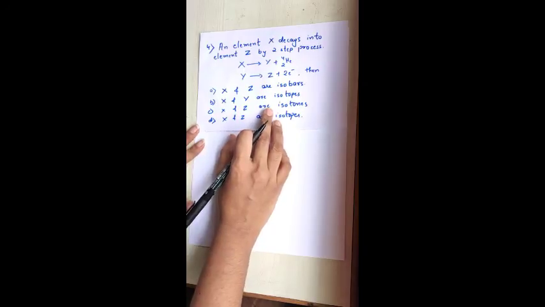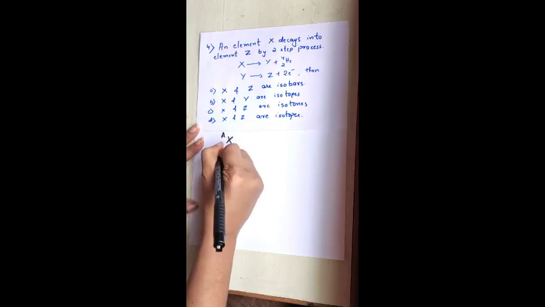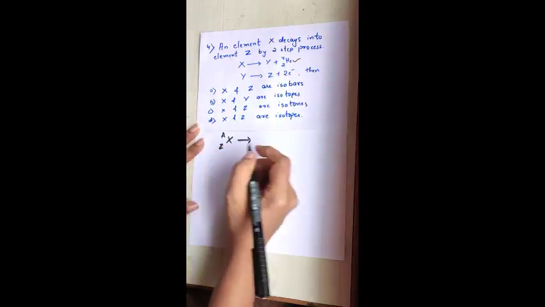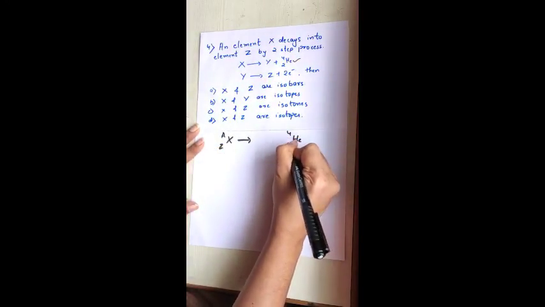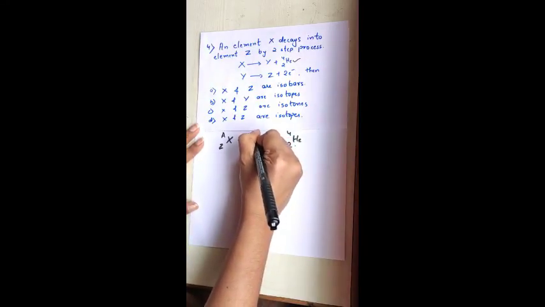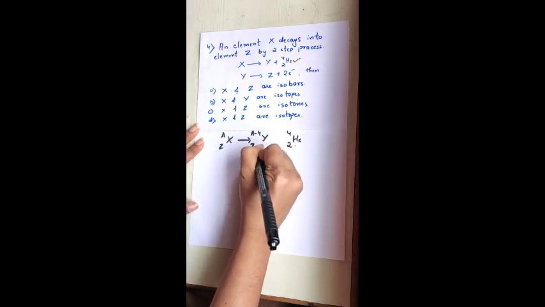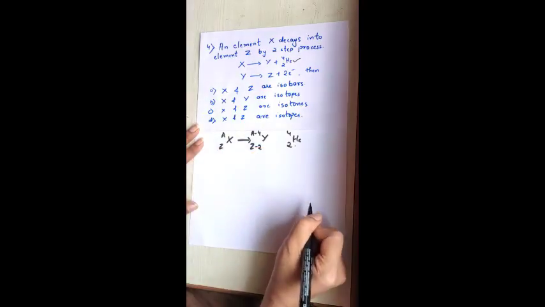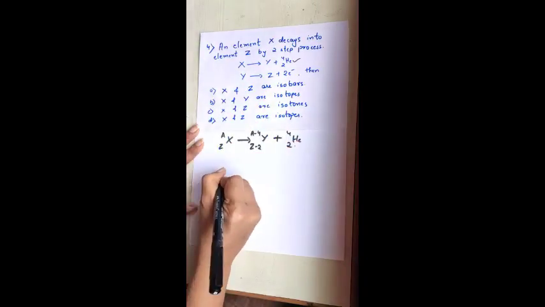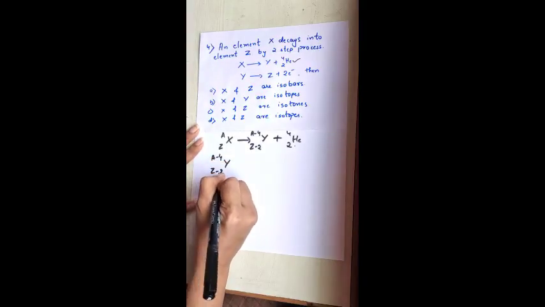Now this procedure can be related as follows. Now I have an element X. A is the mass number, Z is the atomic number of that element. Now they have given here an alpha particle is released. For an alpha particle to be released, the daughter nucleus will have a mass number 4 lesser than the parent nucleus and the atomic number 2 lesser than the parent nucleus, right? So now this product formed here is Y, A minus 4, Z minus 2.